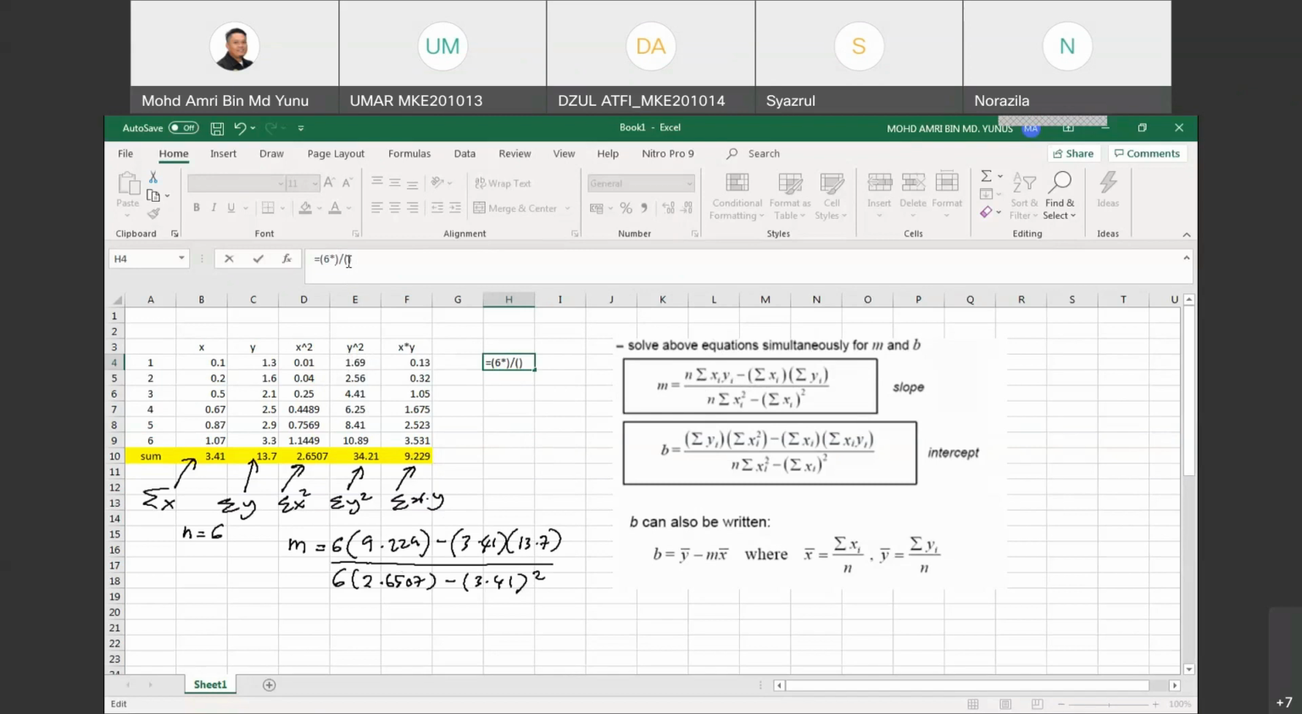f10 minus with sum of x is p10 and sum of y is c10. They divide by 6